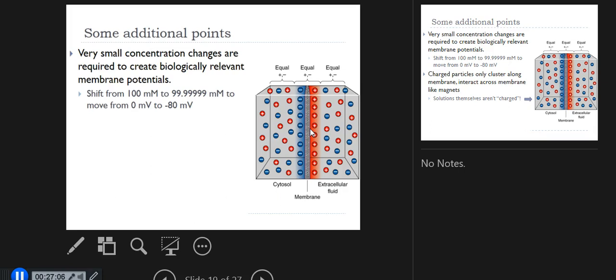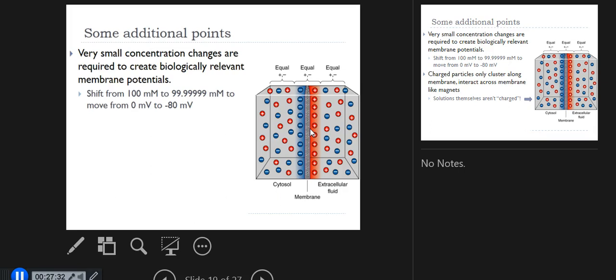It turns out that if you actually measure this, the number of ions that flow across the membrane really doesn't have to be very many before you get a big difference in membrane potential. So we will go from a neutral membrane potential to, if we opened a bunch of potassium channels, like in this case, we would get to our equilibrium